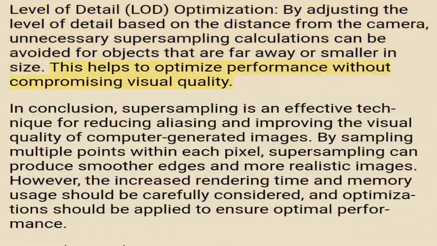This helps to optimize performance without compromising visual quality. In conclusion, supersampling is an effective technique for reducing aliasing and improving the visual quality of computer-generated images. By sampling multiple points within each pixel, supersampling can produce smoother edges and more realistic images. However, the increased rendering time and memory usage should be carefully considered, and optimizations should be applied to ensure optimal